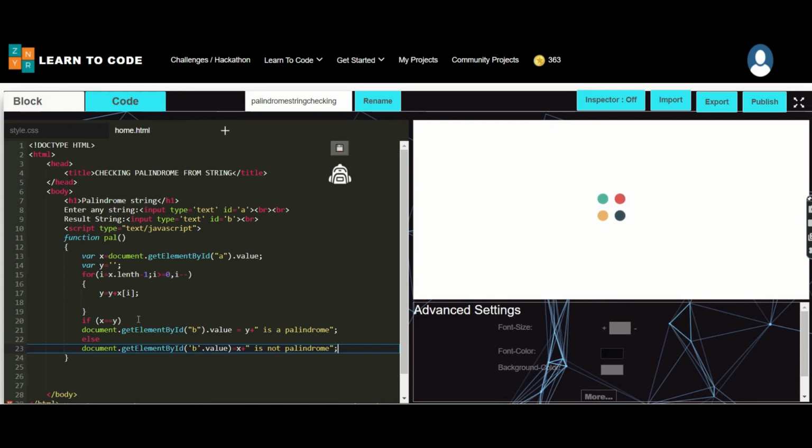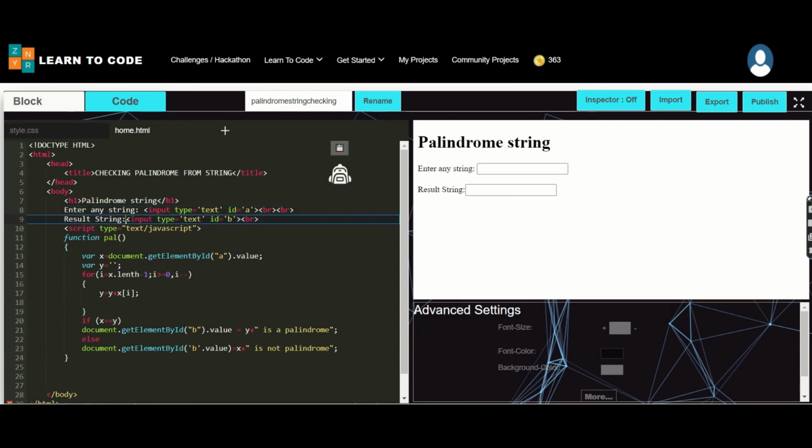So we have executed the thing. I hope this gives a clear picture. We have inserted the title, we have inserted the header part, and we have inserted the two input boxes. One is to enter the string, and the second one is to display the output. We have also used the result string.